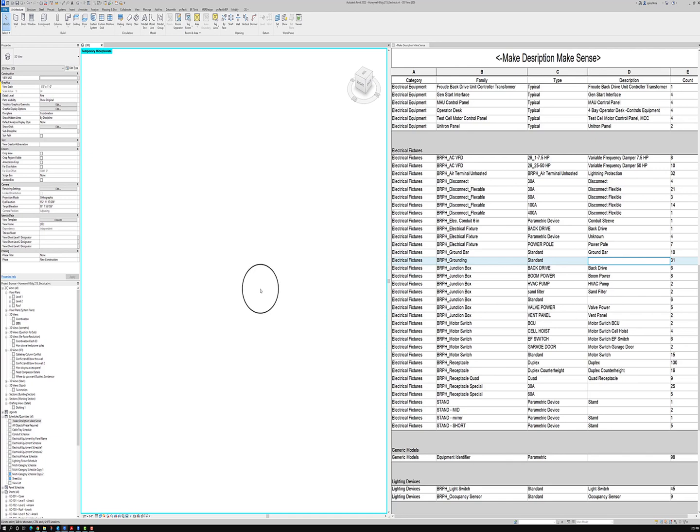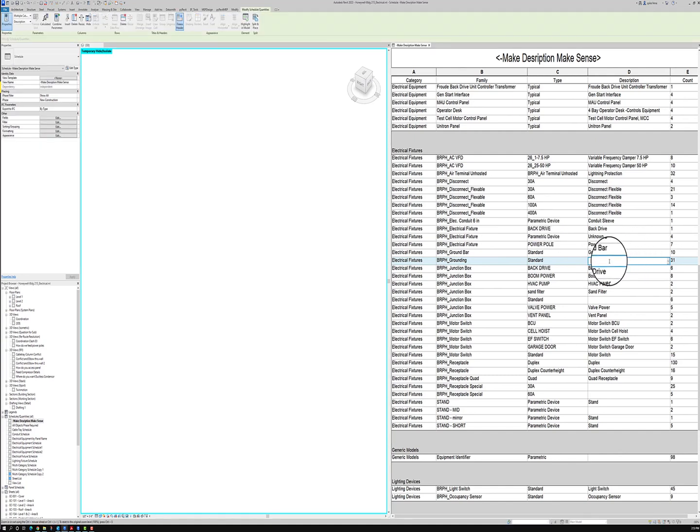Boy, oh boy, what could that be? And you'll see when you've already typed unknown once, it'll allow you to do it again. Notice how I put these all in lowercase. See how I did the HVAC pump? So this one here,